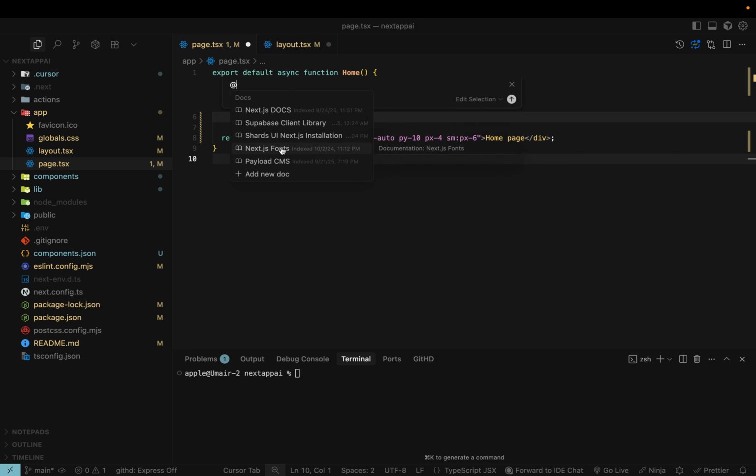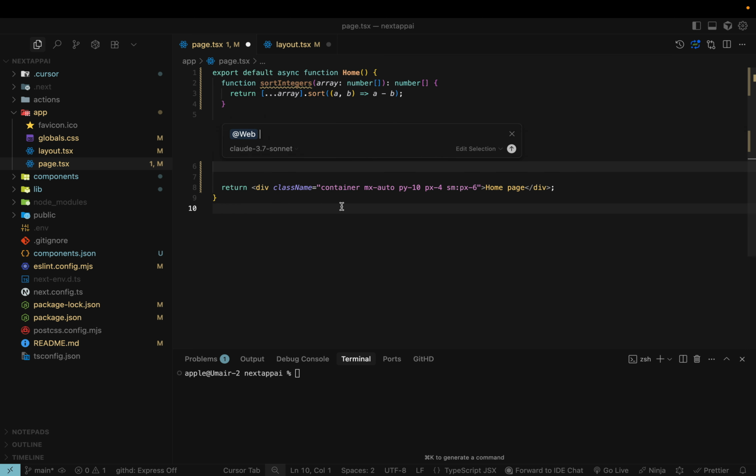Whenever we want to select any particular doc, we can actually select this one. Okay, so let's come over here, and then we have this web, and by selecting it we are enabling a web search feature. So we are not giving it a particular URL of the website. According to the prompt, it will automatically go to the web, searching different websites for generating the content, either old content or the latest content. You can say that it's just going to Google the web and see maybe 5 to 10 website links, and go through the content, and then according to that generate the code for you or help you understand the code